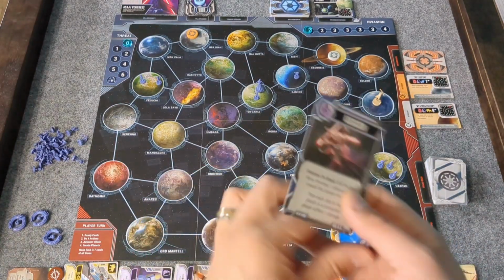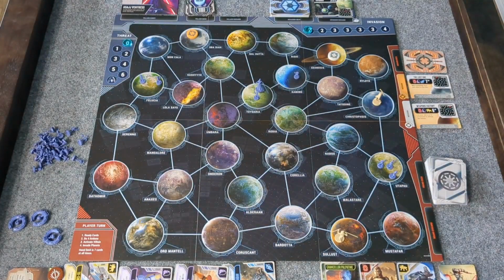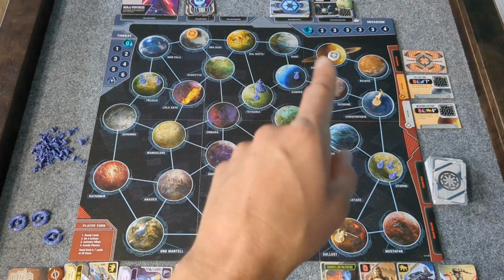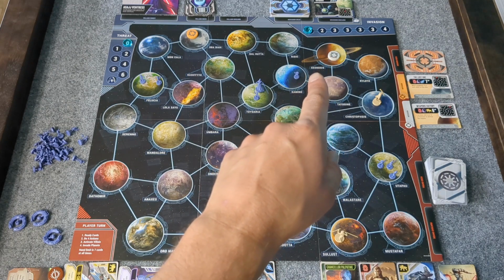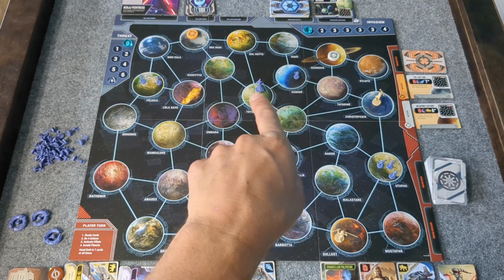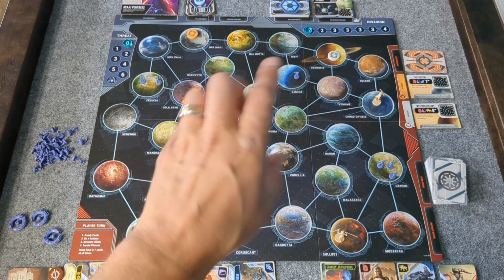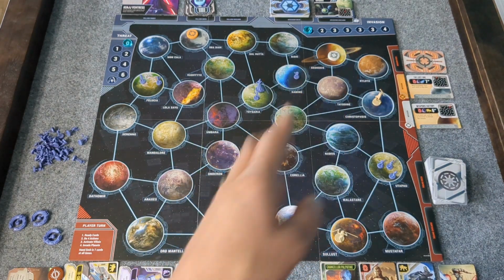Roll the die. Die right here. Move Ventress 1 planet per success towards the closest mission. So she is 1, 2 away from that one and 1, 2 away from that one. What does that mean? The Ahsoka player chooses. Oh, no, I'm wrong. I did that before. These 2 planets are not connected. That's just a little dingy. That's not an actual light blue, white connection. So she actually has to go 1, 2, 3 to get to Geonosis. So she has to go 1, 2, to Obadiah, right? So she will not be going to Geonosis. I'm glad I did that before to remind myself. Oh, right, that's wrong. Okay. Anyways,